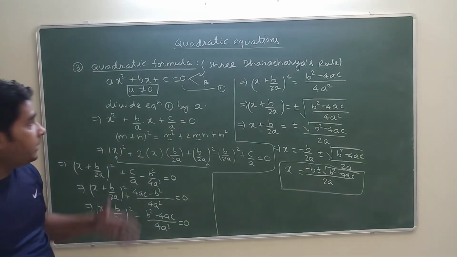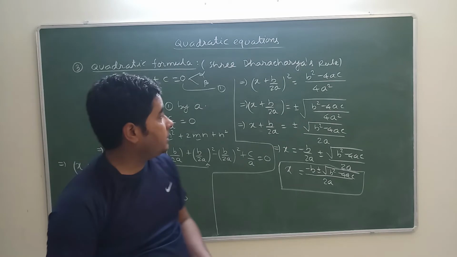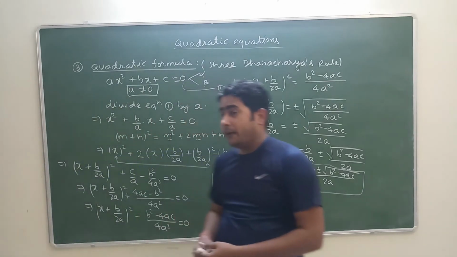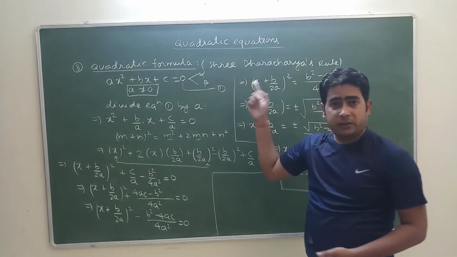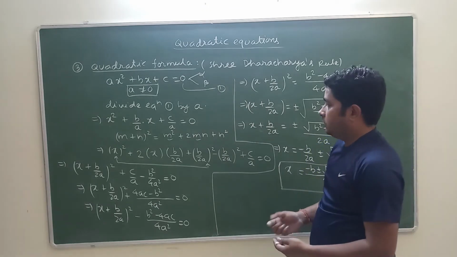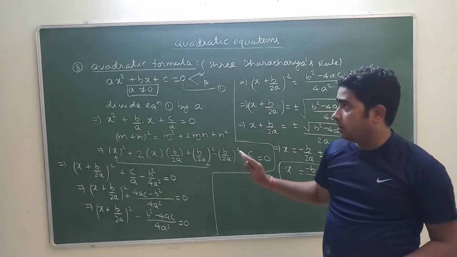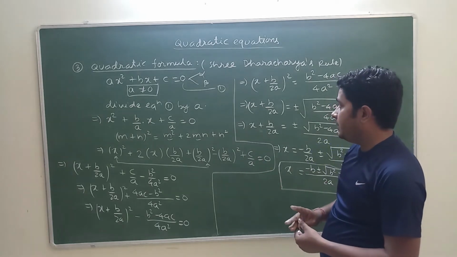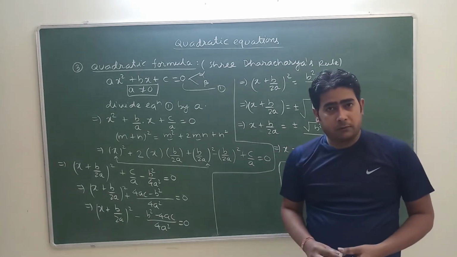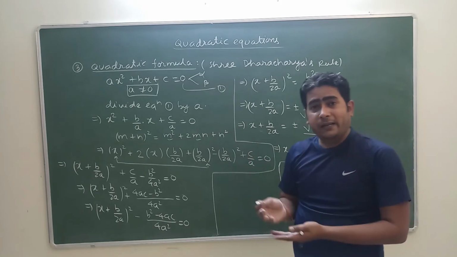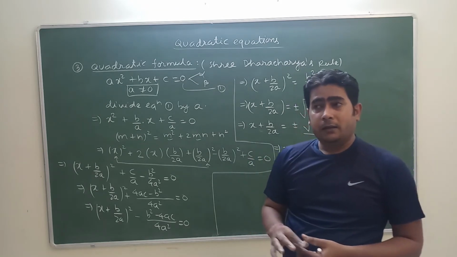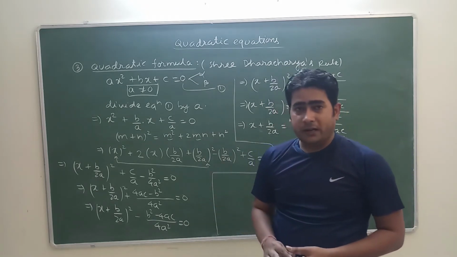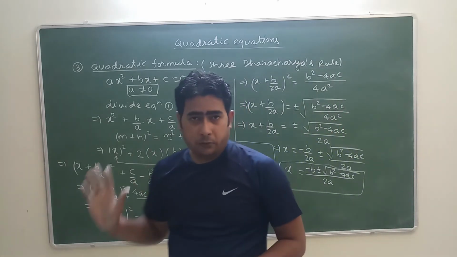Okay, so this was the derivation of the quadratic formula. This method was derived by this great man Sridharacharya. He was from India. So you can note it down, this third method, which is the quadratic formula itself. After this, we will see what is the nature of roots without solving, without finding alpha and beta, how we can get the nature of those two values, right? So you can note it down.